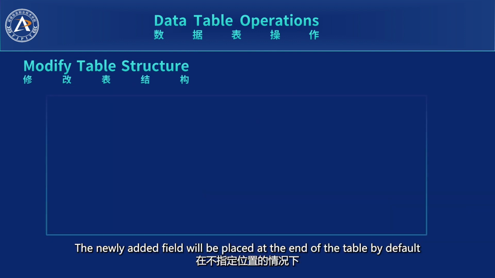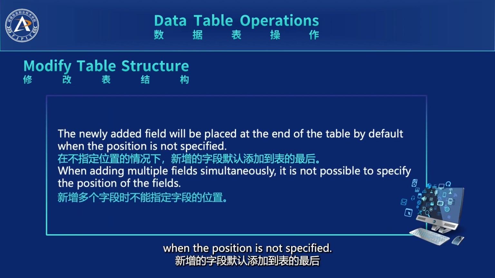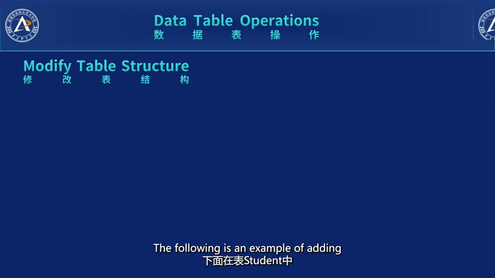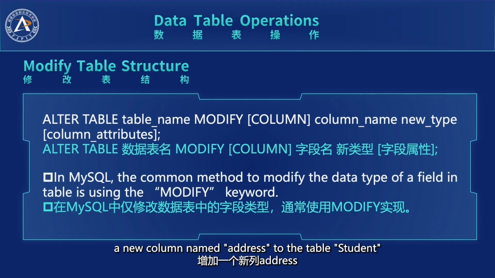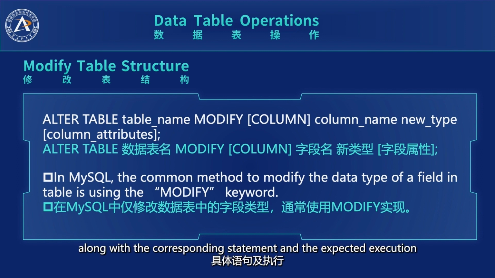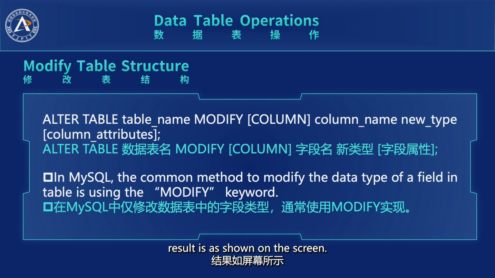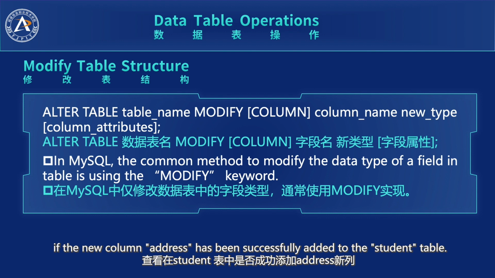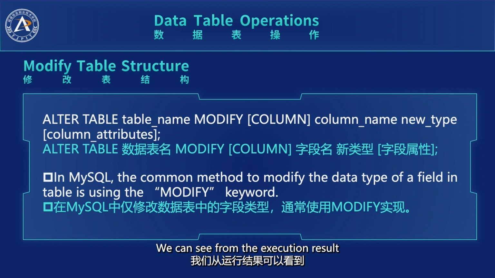The newly added field will be placed at the end of the table by default when the position is not specified. When adding multiple fields simultaneously, it is not possible to specify the position of the fields. The following is an example of adding a new column named address to the table student, along with the corresponding statement, and the expected execution result is as shown on the screen. You can run the describe student command to check if the new column address has been successfully added to the student table. We can see from the execution result that the new column address has been successfully added at the